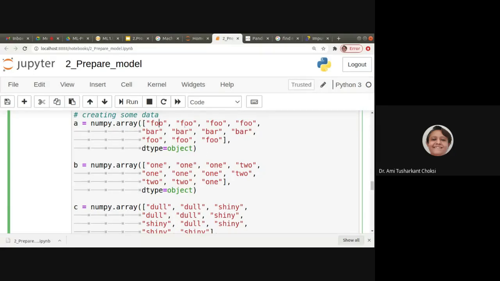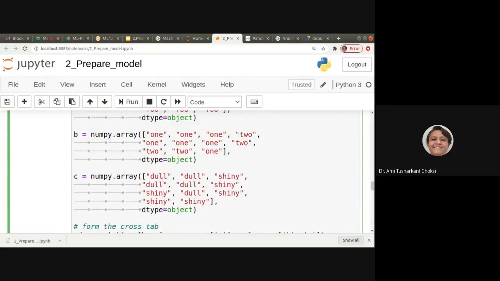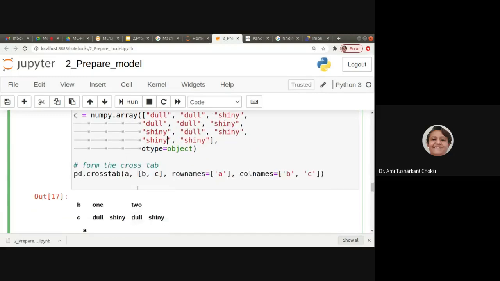numpy.array, foo, bar, foo. The data is given, and dtype is equal to object. For B, we have 1 and 2, and for C, we have dull and shiny. Now, what we want is the cross tab.